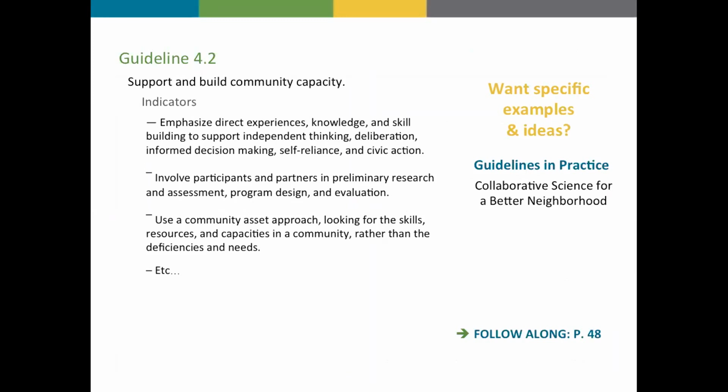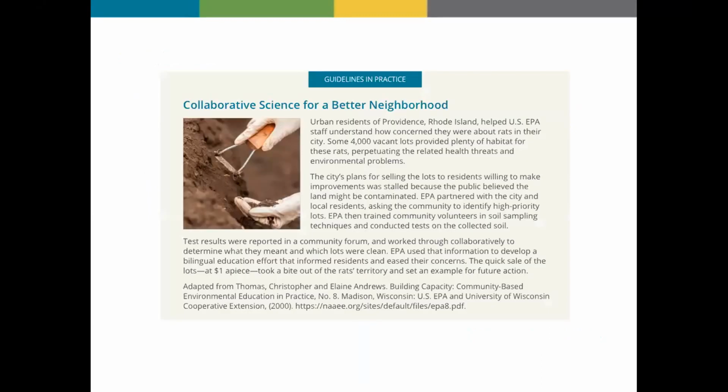We're on page 48 of the guidelines if we're following along. So she can read the indicators here, and then if she wants some specific examples, because I don't know if you're like me, sometimes it helps to just see something specific described, and I can then think about how that might apply to my situation. How might I be able to adapt this idea?